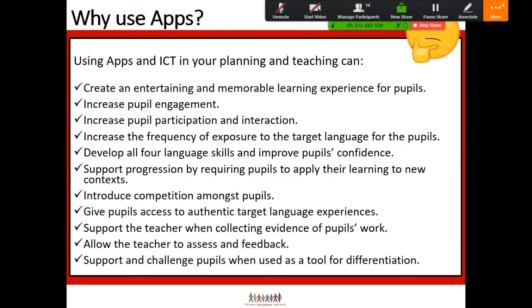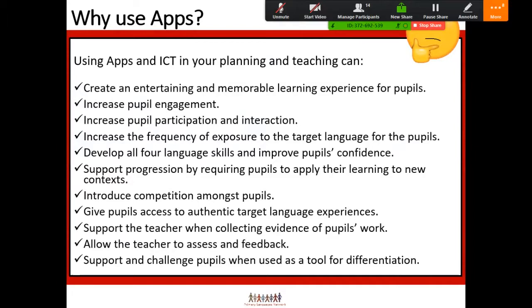Something that I like to do is ask a target language question. Recently it was, what do you like to do at the beach? And then I went around the whole class as they were working on a different task and asked them to record their answer. So some people said, I like to swim in the sea, I like to eat ice creams, I like to sunbathe.